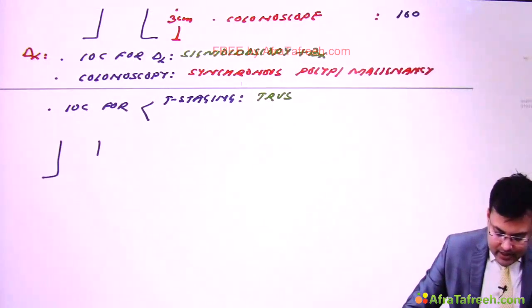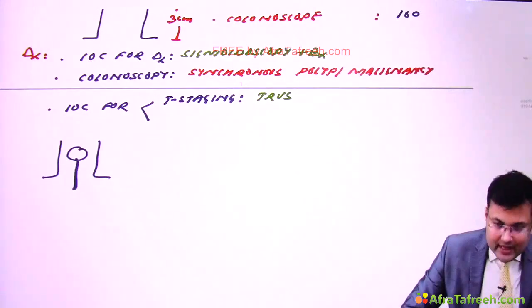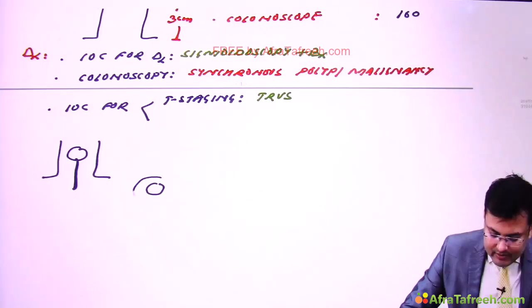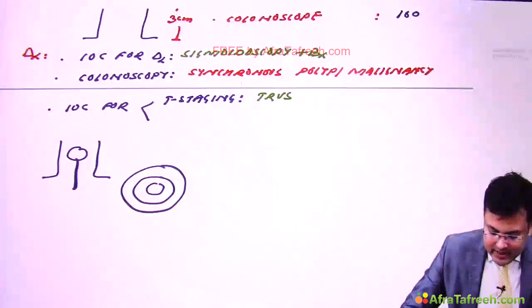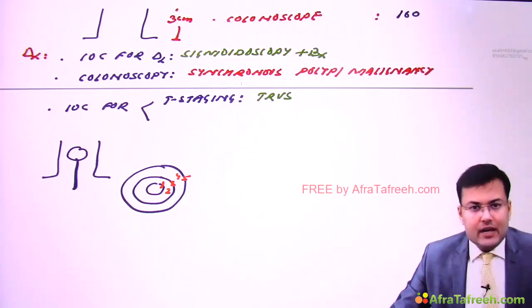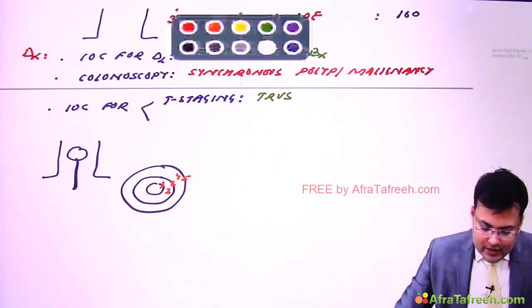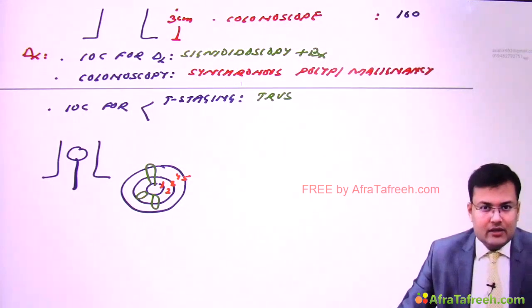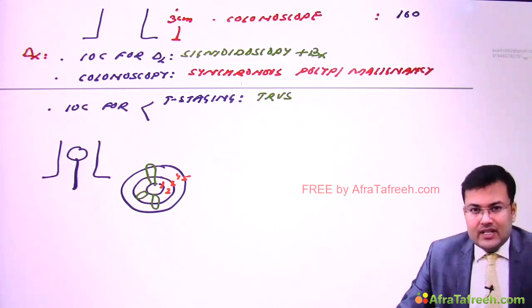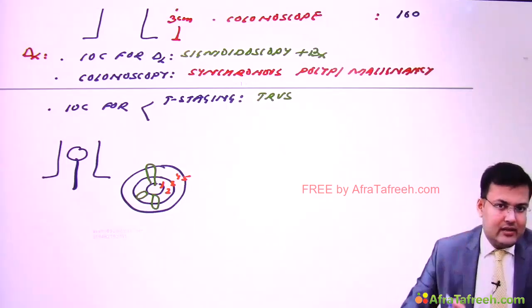Now see how it's done. This is the rectum and you are going to insert the probe inside, and this kind of appearance will be there. Clear? Now see, if the tumor is like this, these are 5 layers: 1, 2, 3, 4, 5. So if you see 1, 3, 5 is hyperechoic, 2 and 4 are hypoechoic. So whenever some tumor is going to involve the layer, immediately you will get to know which layer is involved. So this is best for T staging and this is transrectal ultrasound.